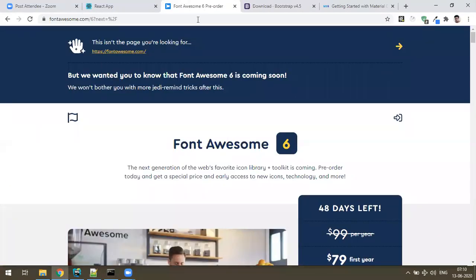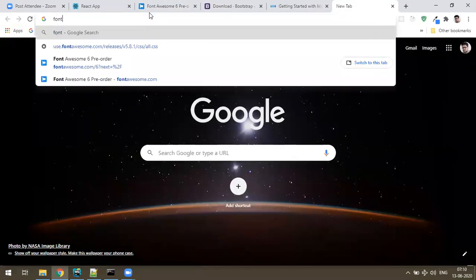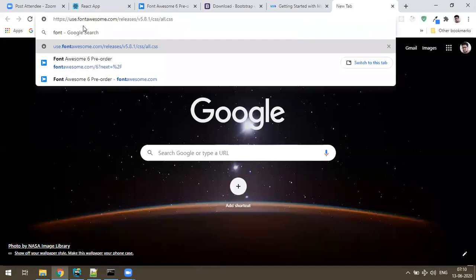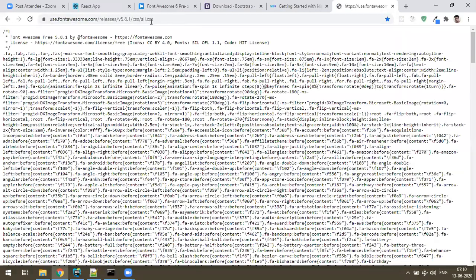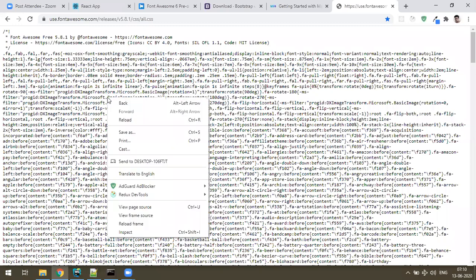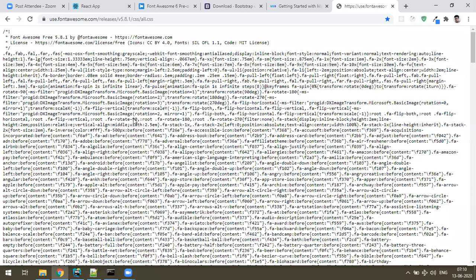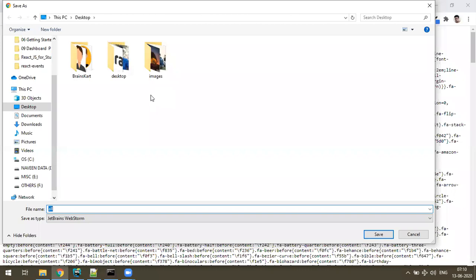It's okay. I have a direct link for the free one, that is fontawesome.com/release/5.8.1. This is a free one. You can just enter. This is the source code. I want to save this: right click, save as. I'll share this file, no worry.